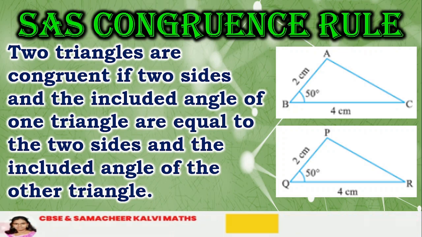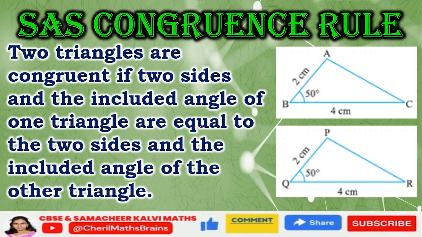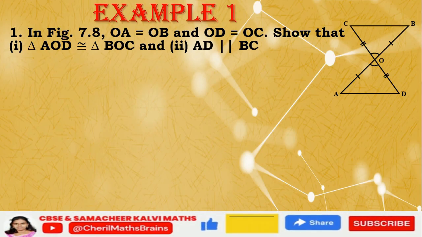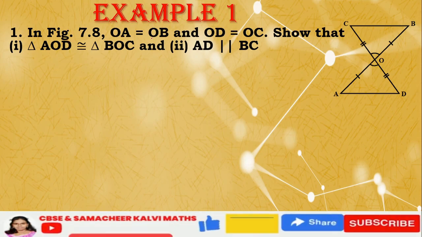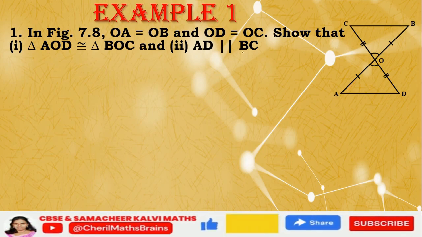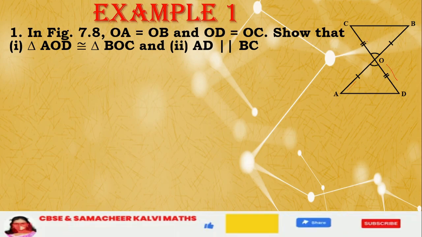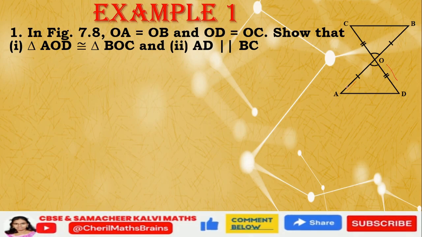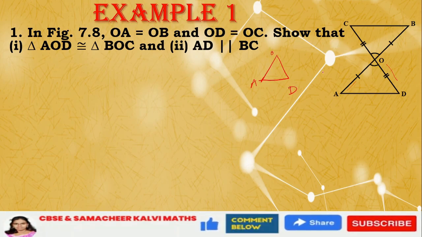Relating to it, we are going to look into an example. It is the first example question given in your NCERT textbook. So let's look into the question, children. In figure 7.8, this is the diagram given. We are given that OA is equal to OB and OD is equal to OC. We are asked to show that triangle AOD is congruent to triangle